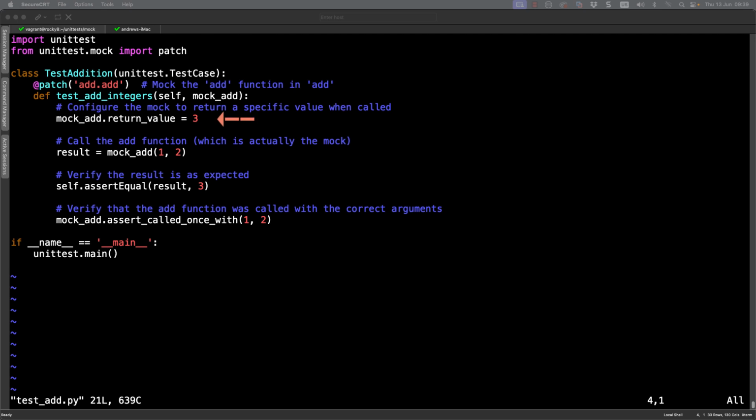We can specify that we should return a value of 3, and our result should be then populated from running our mock add 1 and 2. So that should equal 3. We can test that it asserts to 3 when we run it once, adding 1 and 2 together.